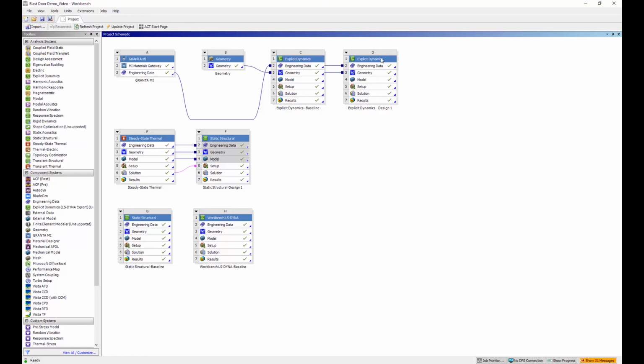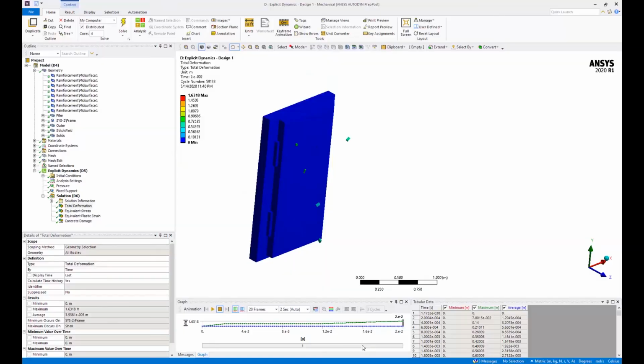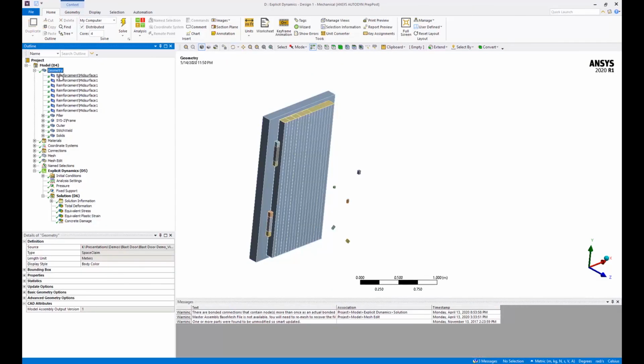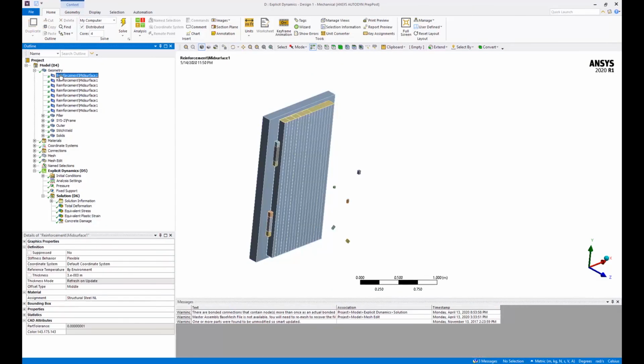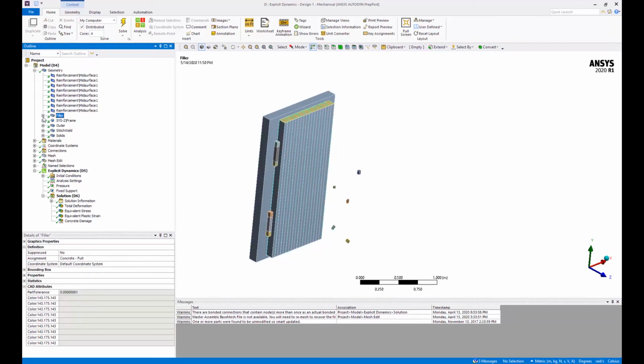So you can see that once the baseline model was done, the iteration 1 model really takes hardly any time to set up. So now, for example, in my new iteration 1 model, everything is really set up except the filler, which is the concrete. So everything else remains the same.